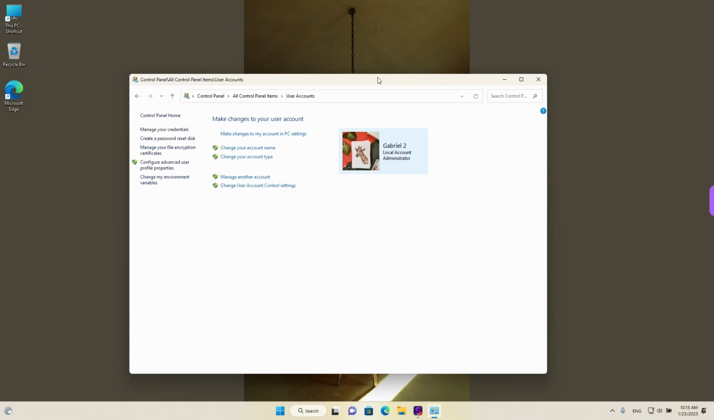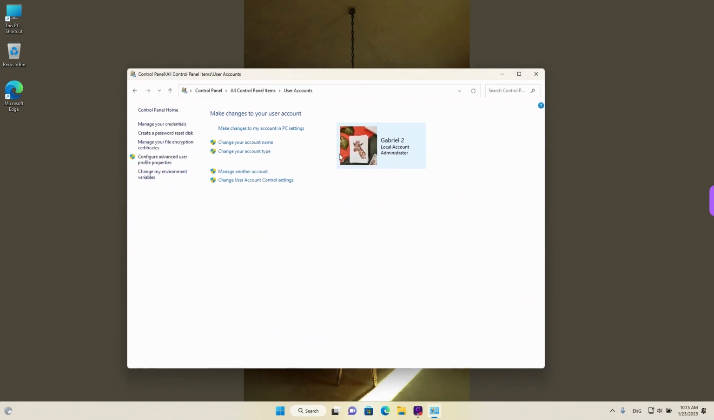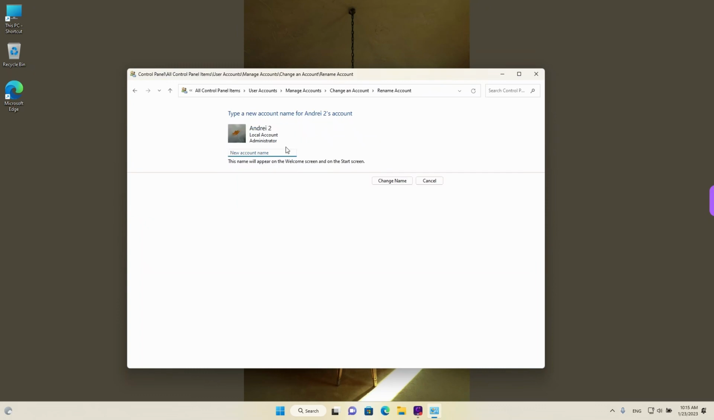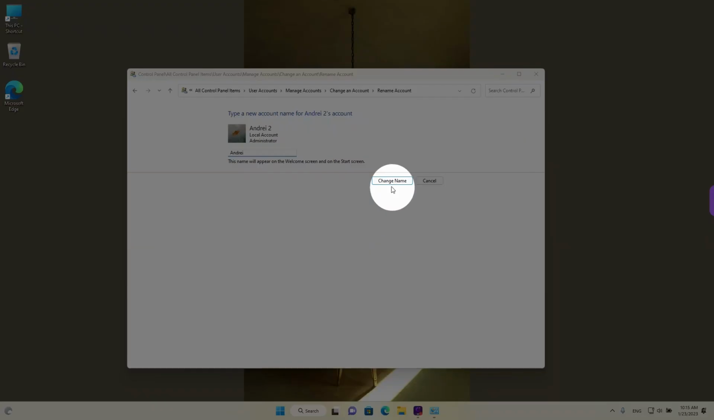It took a second to find it. And now you want to left click on Manage Another Account over here to see all your user accounts, and if you left click on them, you will be able to select them, and the option to change the account name is just here on the top. So I'm just gonna rename it to Andre without number 2, and when you're ready, left click on change name,